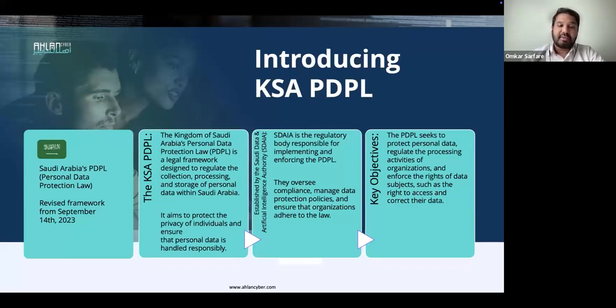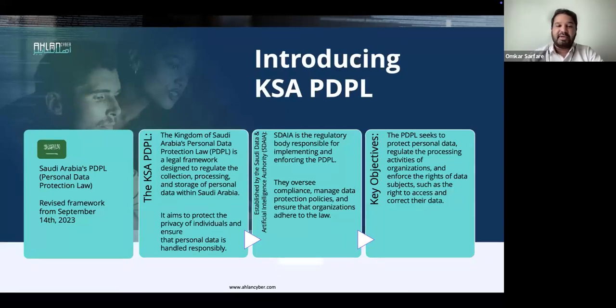At its core, this particular law focuses on protecting personal data, regulating data processing, and at the end of the day also guaranteeing individuals like you and me certain rights in relation to personal data. This law gives individuals rights like the right to access, the right to delete data, the right to even share data in a specific manner, etc. At the end of the day, it gives you control over your own personal data, but at the same time creates complex scenarios for organizations when it comes to complying with these rights.